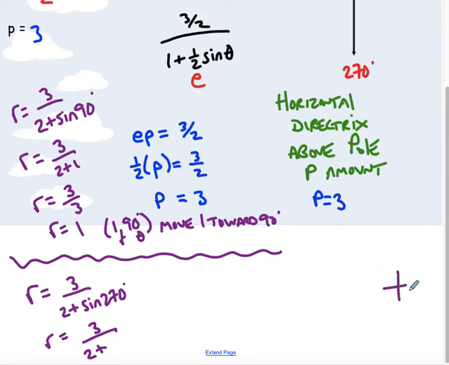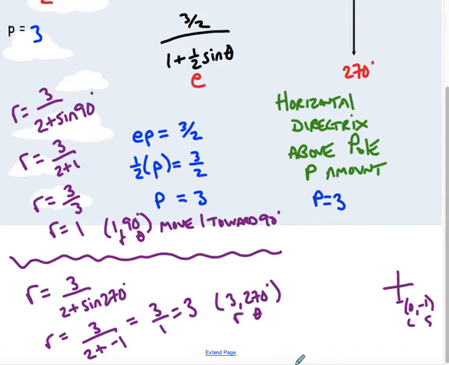Down at 270, that would be the point (0, -1), and so sine would be a negative 1. So this would equal 3 over 1, which is 3. That means my r was 3 when my angle was 270. So that means I'm going to move 3 toward